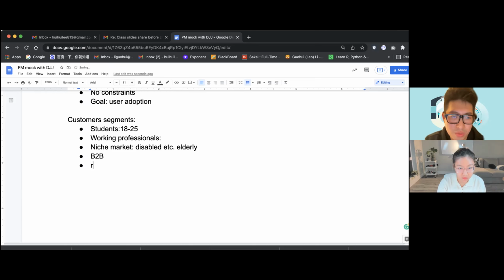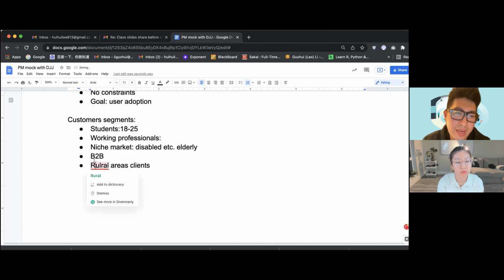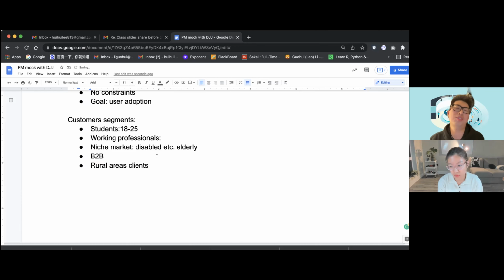Yeah, I will talk about some rural area clients. The reason I want to highlight this specifically is that for the rest of the four segments, we're assuming they are in a city scenario with a developed enough transportation system, and they're easy to receive the product individually. But for other rural areas, like the countryside or suburbs, we may come up with something smarter so that they can receive the goods like in